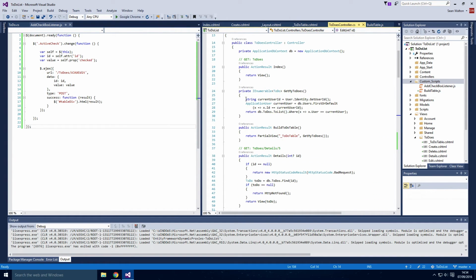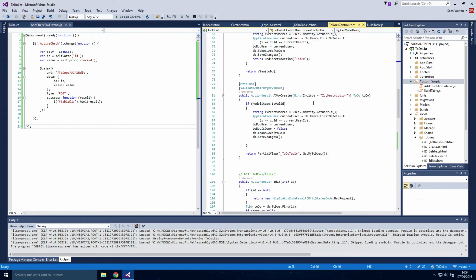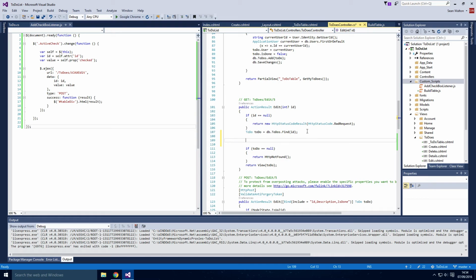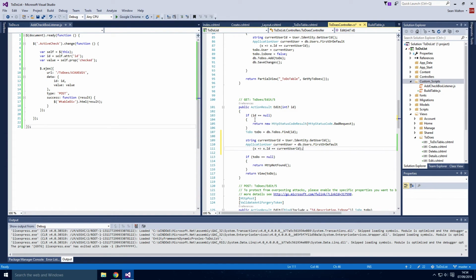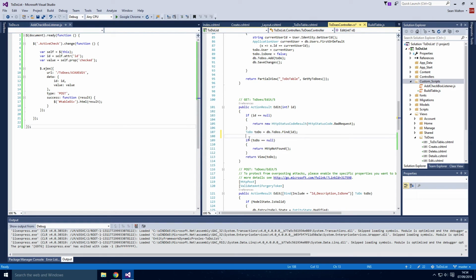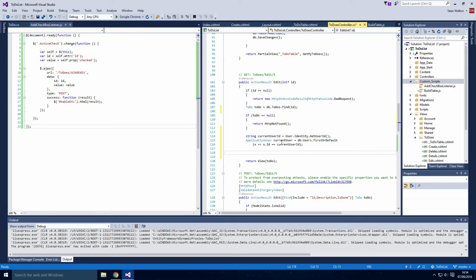So string current user. Let's get the current user. Edit. Right, so we need to get to the point where we actually, so I'm going to do it here. We need to see, firstly, have we even got a to-do? So if we've got a to-do, we get the current user, and, well, actually, no, we first want to see if it's null. So the first thing we do is, does it exist in the first place? Now, if it does exist, we're going to check if